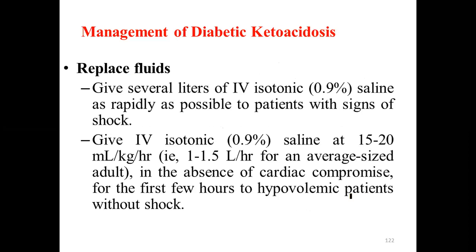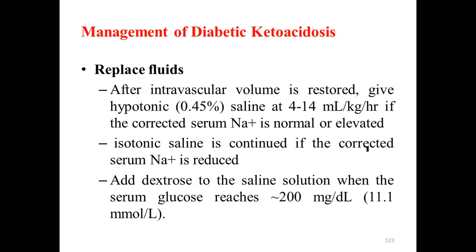Secondly, after that, replace fluid. That is very important, to restore the vital signs. Remember, as a result of dehydration, the patient will end up having death due to hypovolemic shock. So what you can do is replace the fluid as soon as possible. How much fluid? Normal saline, mostly 15 to 20 ml per kg per hour. That is the recommendation. So the first priority of treatment in DKA is to replace fluid as soon as possible with this much amount. That is the first thing.